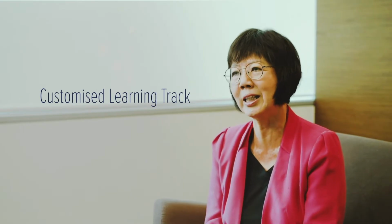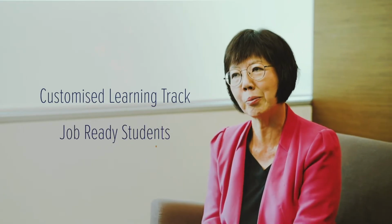The international trading track came from a need from the industry. And IE Singapore, who was the government agency that looks after a lot of the commodity firms, came to all three universities and asked us to customize a learning track where students can be job ready. And I was wearing the hat of the Associate Dean of the Business School. So I put up my hand and we managed to get an international trading track offered for our finance majors